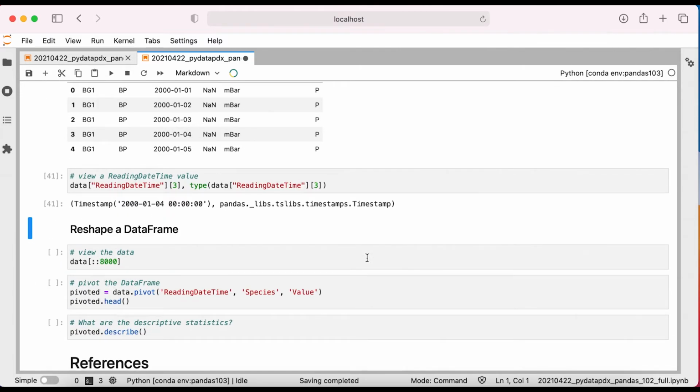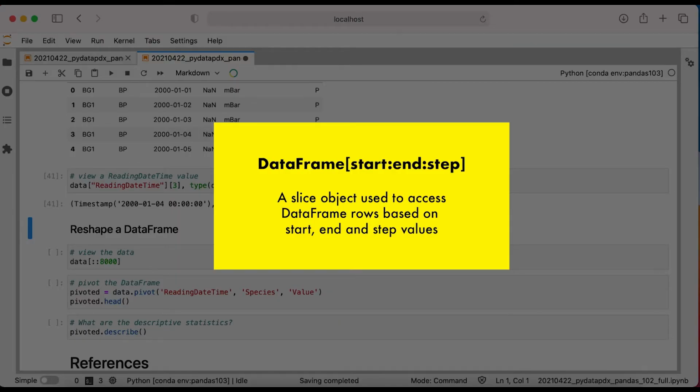The last section of this Lunch and Learn is on how to reshape our data frame to better fit the data we are exploring. To illustrate why our current data frame is unwieldy in its structure, I'll use a slice object constructed by start stop step notation inside of the brackets.